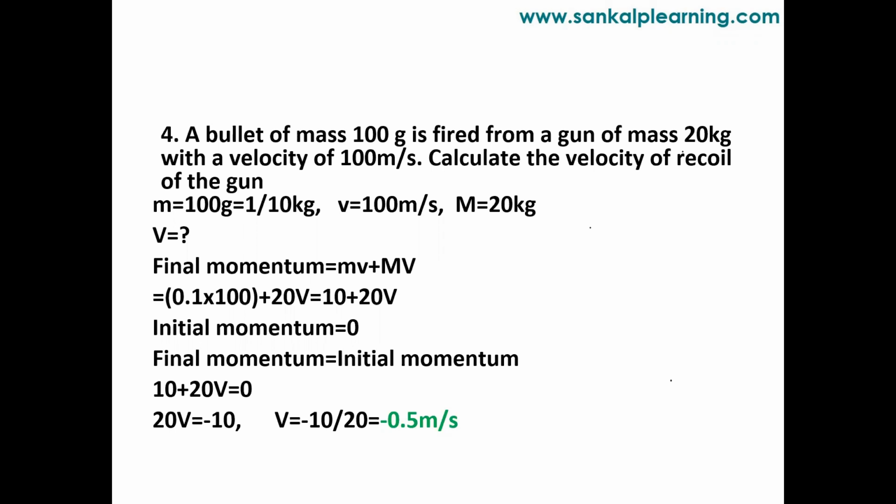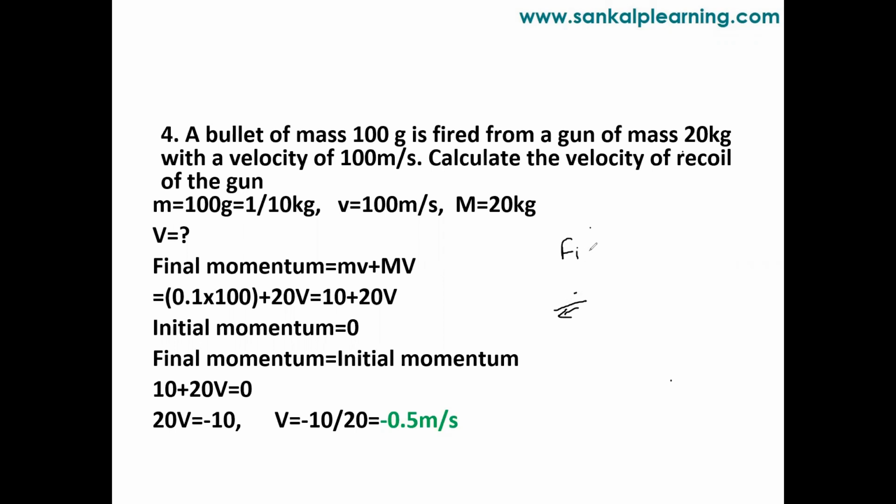Mass of the bullet and mass of the gun is also given, that is 100 gram and 20 kg. So total mass, how will we do here, students? Total mass is taken as both the masses. But here, recoil velocity means when it is fired, after that the gun will move with some velocity, a backward motion. So that velocity is called as what? Recoil velocity. That recoil velocity we need to calculate.